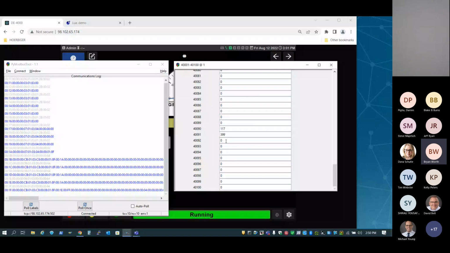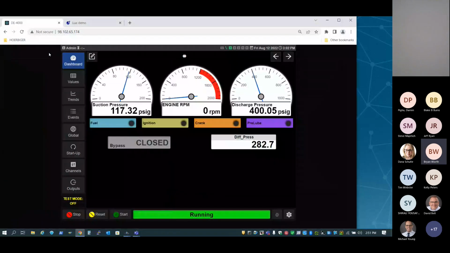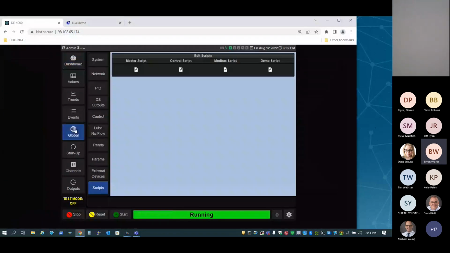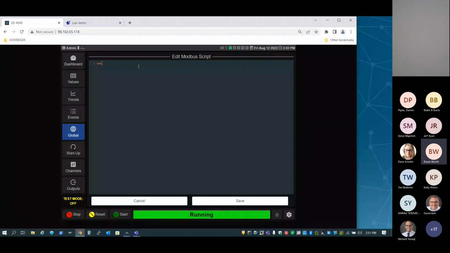But what we don't have available over Modbus is this new differential pressure virtual channel that we've created. So I know from the Modbus mapping that registers 40,300 and up are open. So what I'm going to do is I'm going to create a new Modbus register at 40,300. So to do that, I go to global, and I go to my Modbus script, and I say